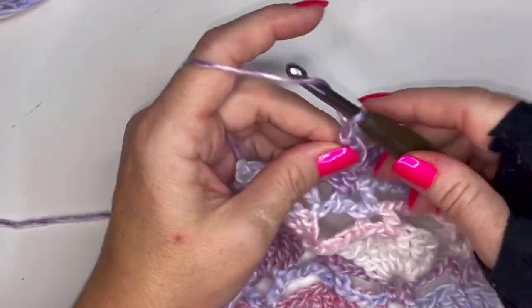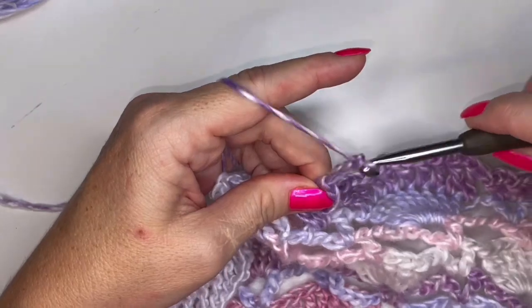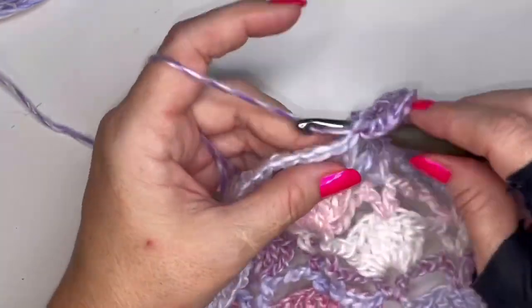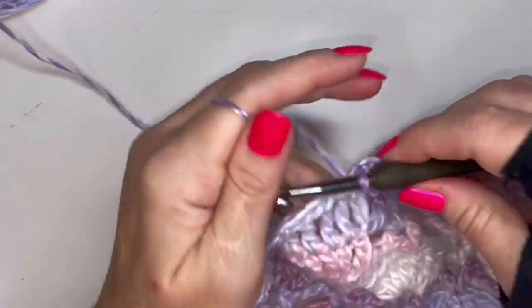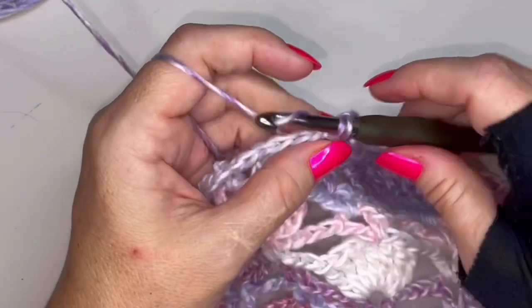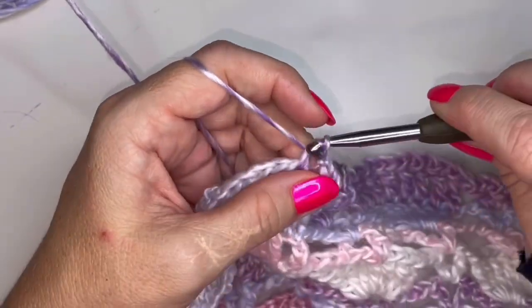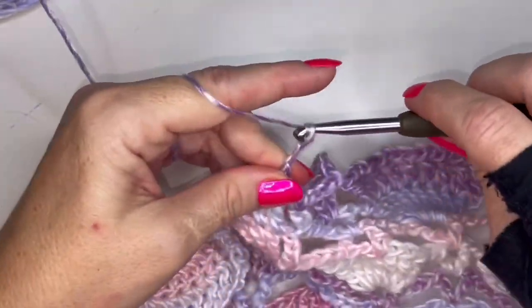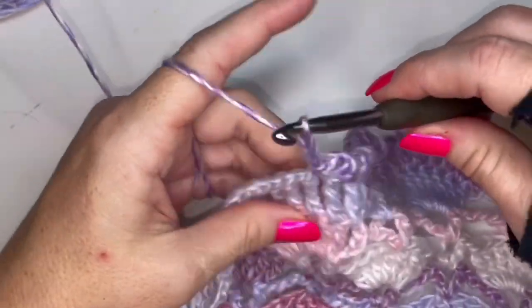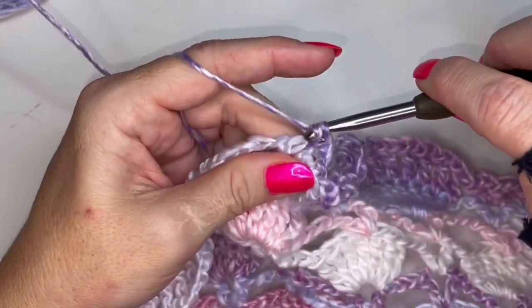So let's do that together. 1, 2, and 3. That chain 3 is going to serve as the beginning of your repeat. We're going to put that single crochet between those trebles. Chain 3, put your second single crochet between those trebles. Chain 3, and a third single crochet, chain 3, a fourth single crochet,